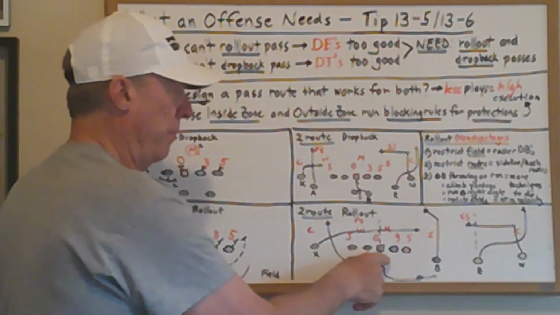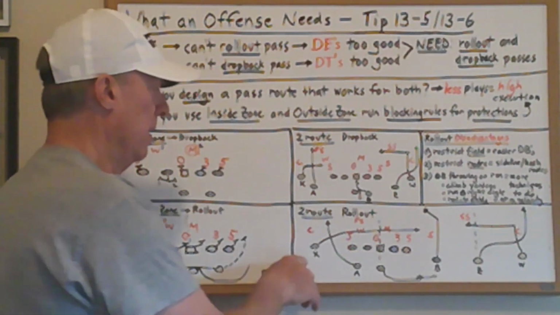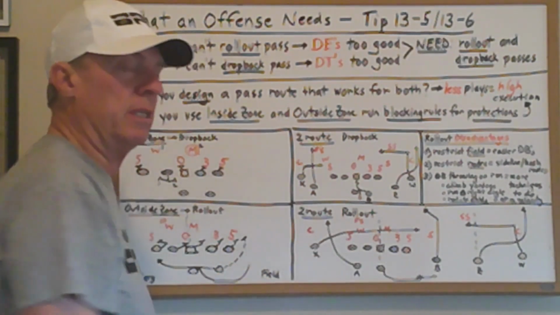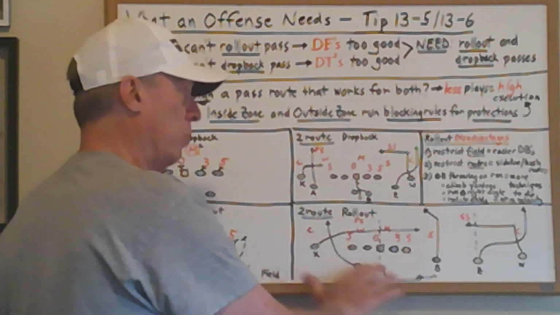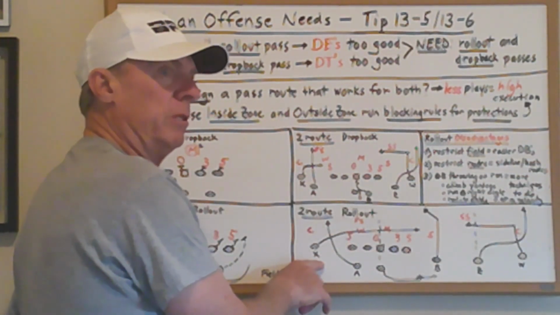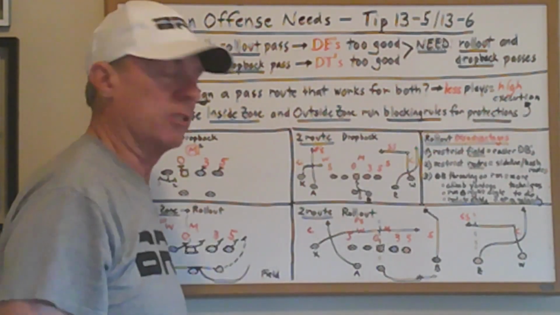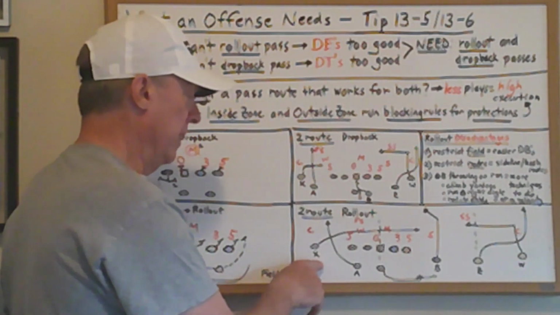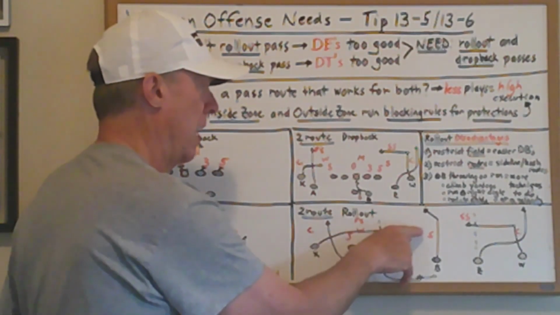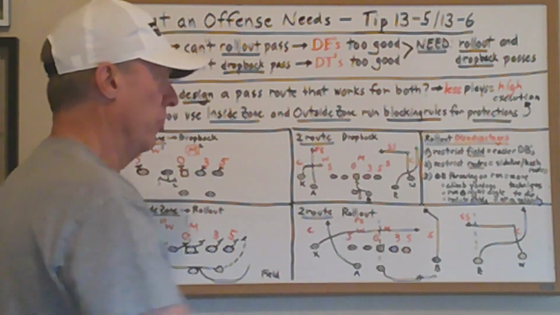Once again, we're going to put the ball in the hash because we would roll out to the field, okay? So here now the X slant really becomes a shallow, and he understands that because he knows we're going to roll to the field. He'd cut his split down just a little. We don't usually like to give anything away like he's going to run across the other side by his split. So he'd be at the top of the numbers, and when the ball is snapped, he's just going to turn and run under the linebackers and turn his slant into a shallow cross so that he can get to the other